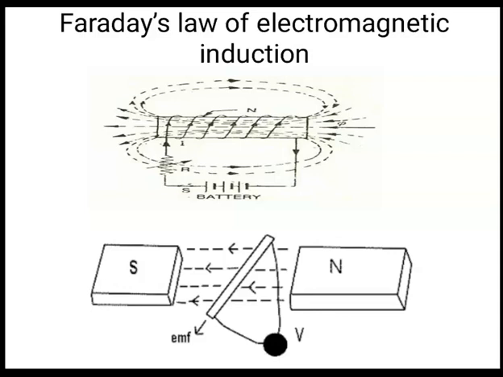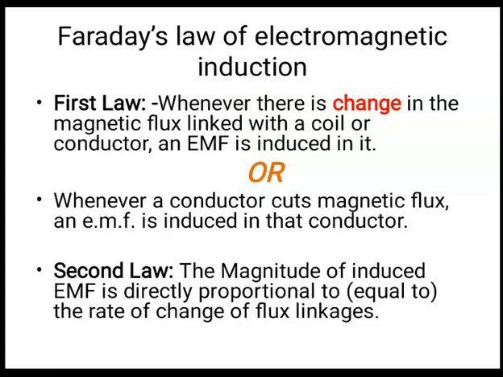Now I have told you why it is a useful flux. You can see here, if the flux is flowing through the core, how can it be cut? It cannot be cut, so that is of no use. Here the flux can be used because the conductor can cut the flux. So that is why it is a useful flux. I hope you understand Faraday's first law of electromagnetic induction.